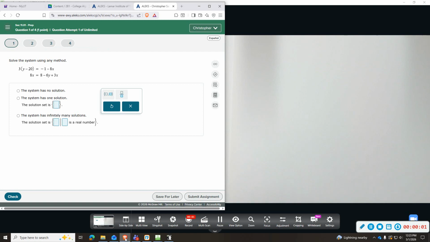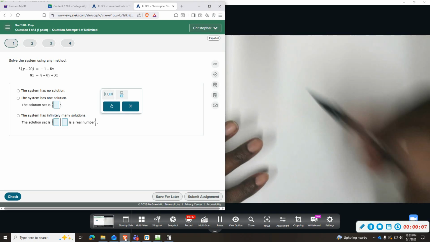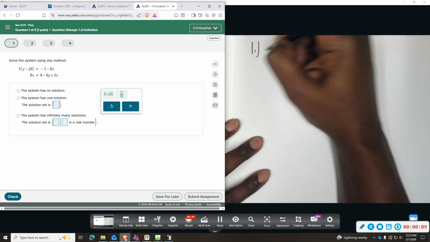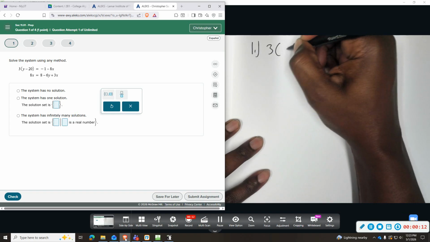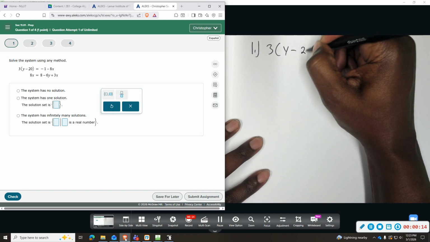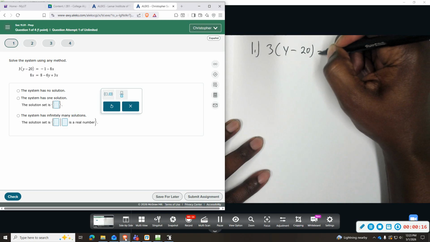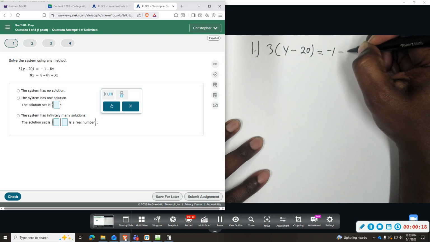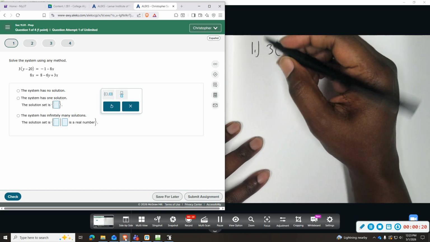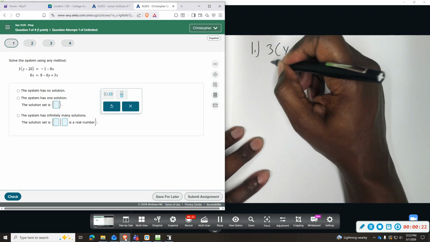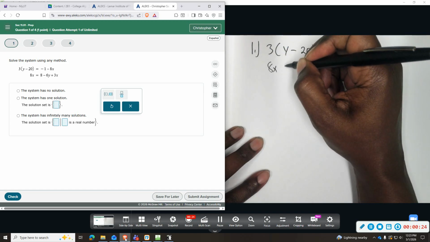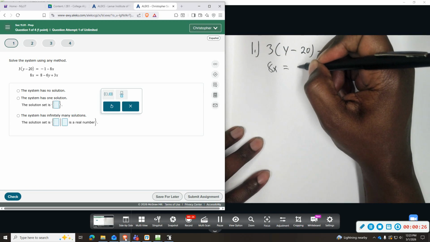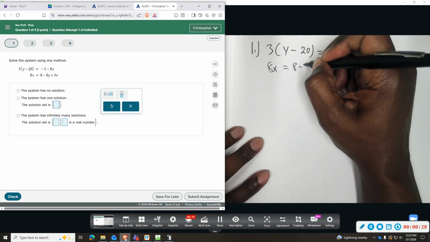All right, number 1 in 11 prep, getting ready for solving systems. We're going to solve this system using any method. We have 3 times y minus 20 equals -1 minus 8x. And then right below it we have 8x equals 8 minus 6y